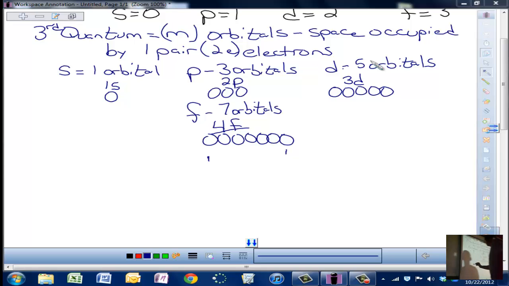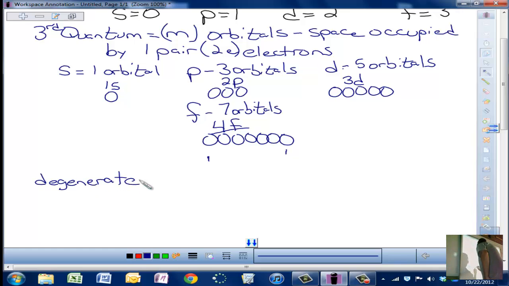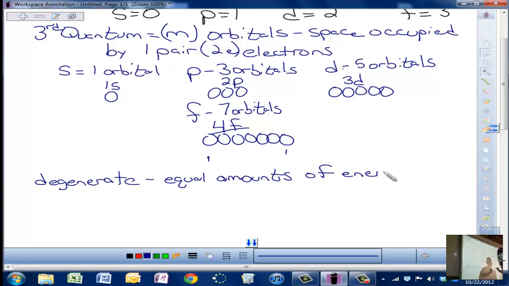And if they have equal amounts of energy, they are said to be degenerate. Degenerate just means equal amounts of energy